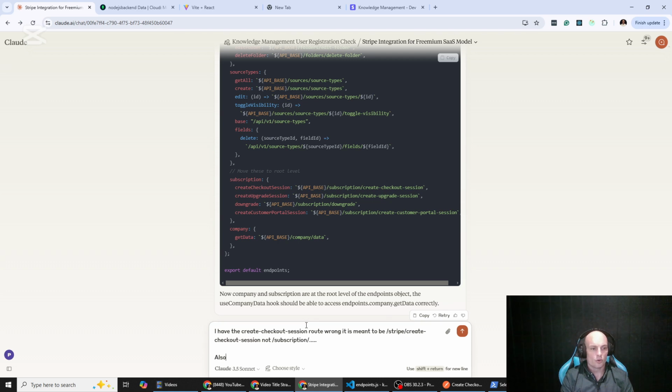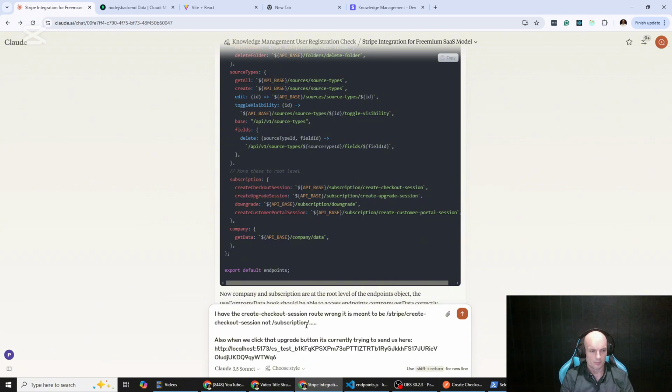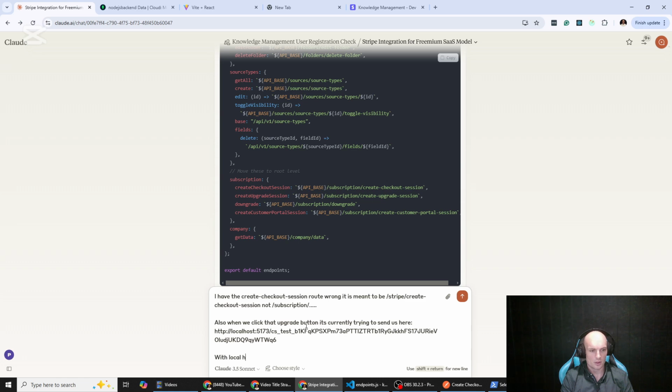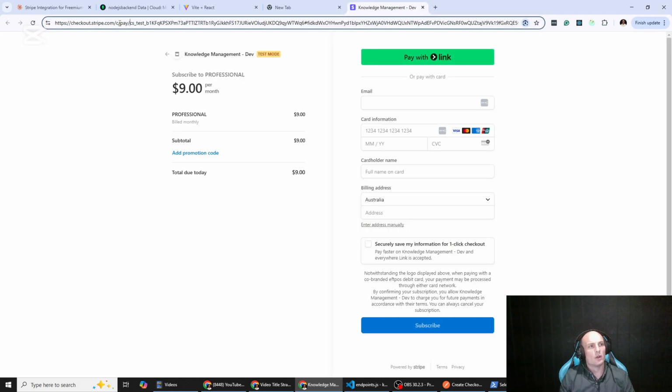Also, when we click that upgrade button, it's currently trying to send us here with localhost as the base API, but I guess we just append